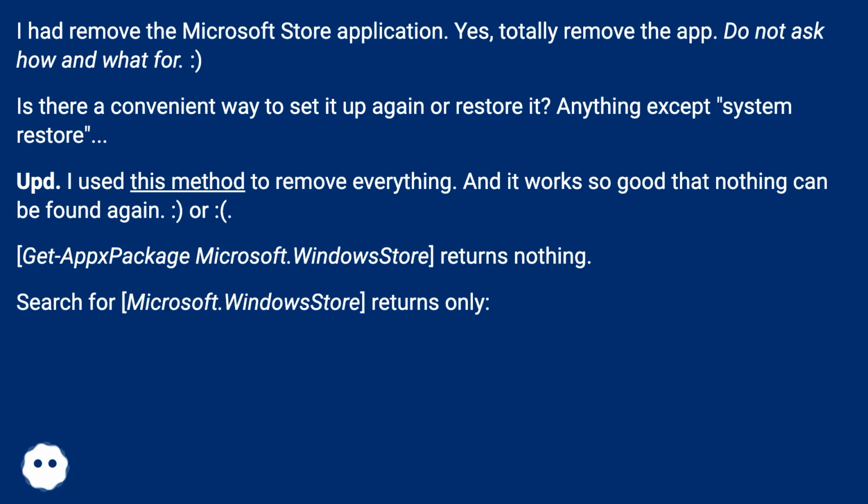I used this method to remove everything, and it works so good that nothing can be found again. Get-AppxPackage Microsoft.WindowsStore returns nothing. Search for Microsoft.WindowsStore returns only: